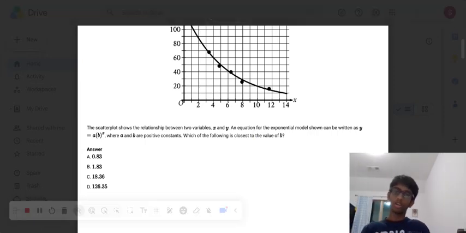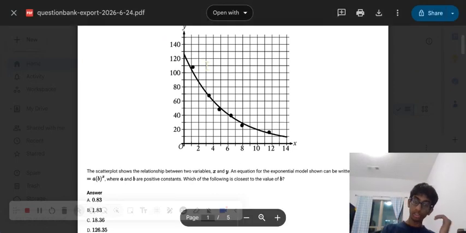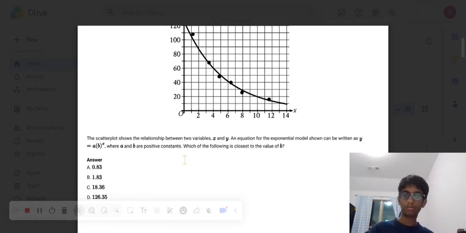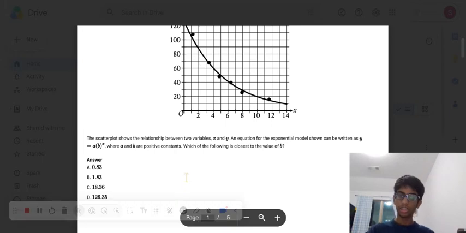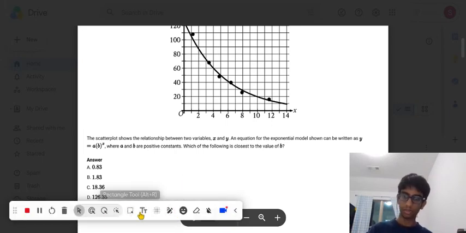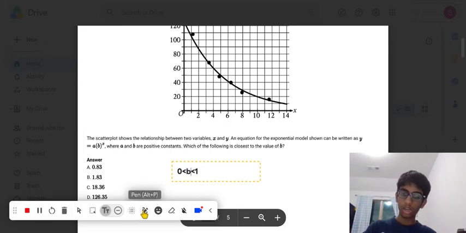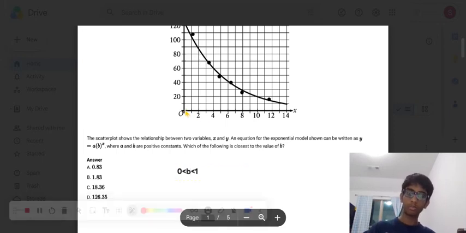What do we know? We know that our exponential model is decreasing. So what does that mean? Well, this means that b has to be greater than 0 but less than 1. And how do we know this? Well, if it's greater than 1, it will be exponential, but it'll be more of a